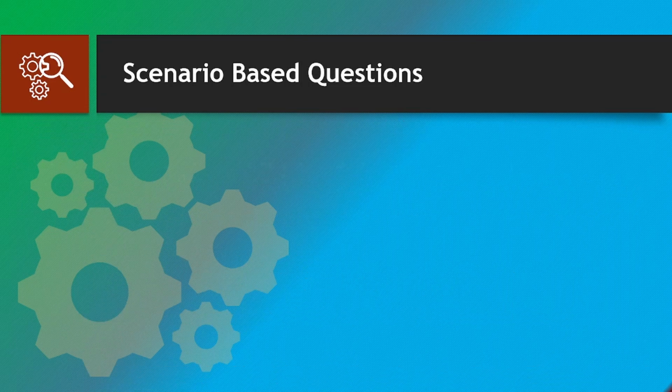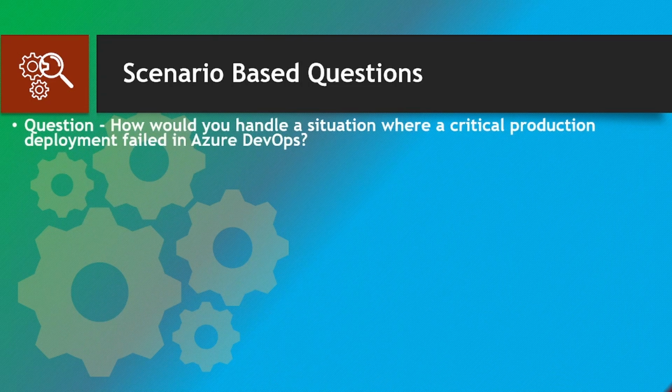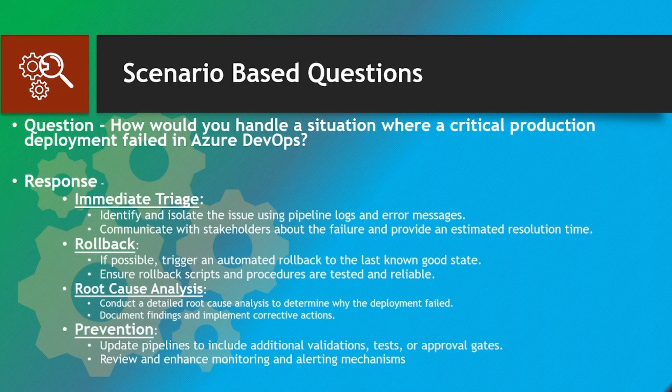Moving to the next question. How would you handle a situation where a critical production deployment failed in Azure DevOps? So the steps are: immediate triage. Identify and isolate the issue using pipeline logs and error messages, communicate with stakeholders about the failure and